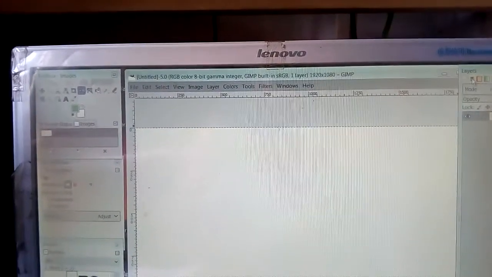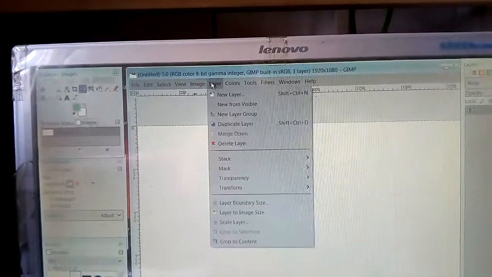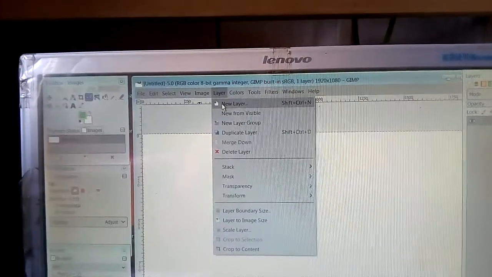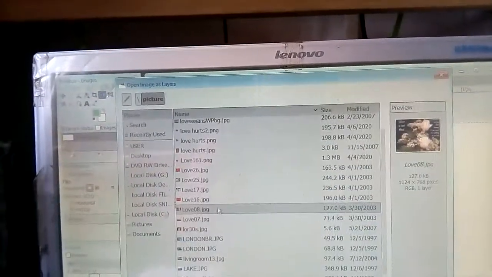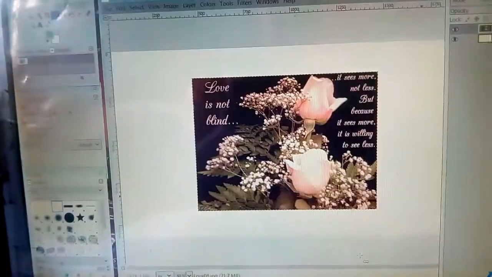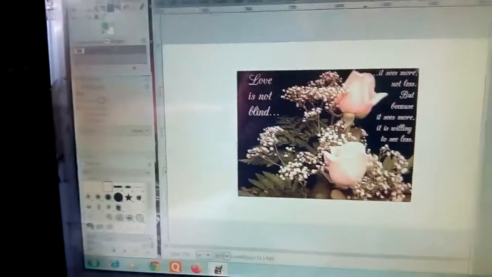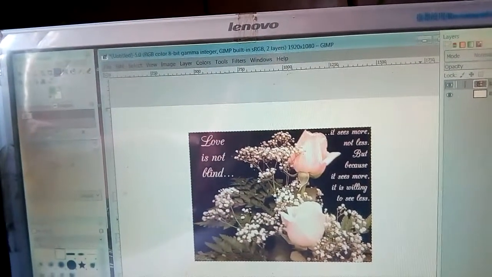Similarly channel dialog. Now suppose you are opening one image. First go to the image or layer, new, file, open as layers, any layer you can open, and then click on open. So this image has opened. Now you can see here this layer dialog.